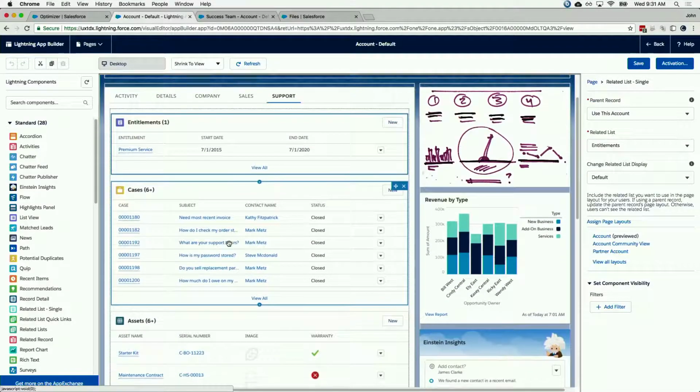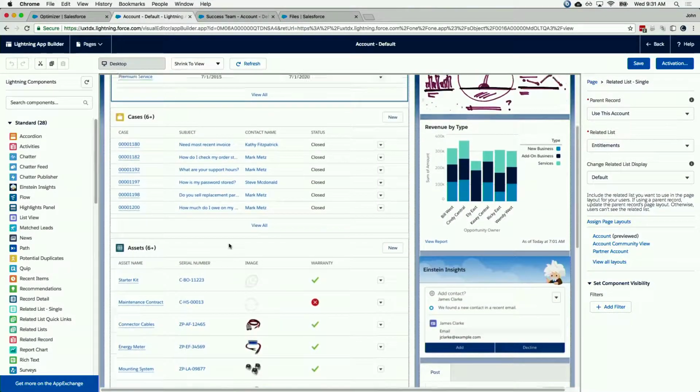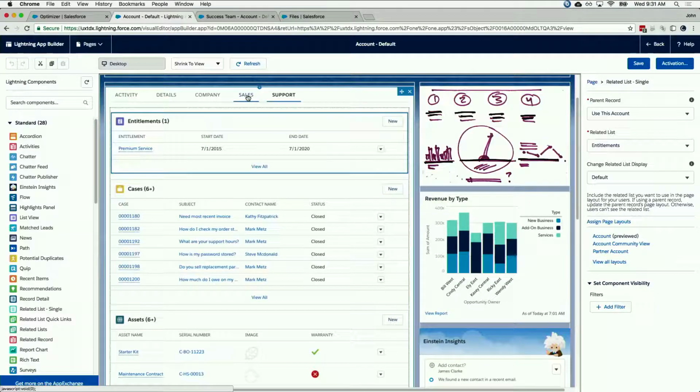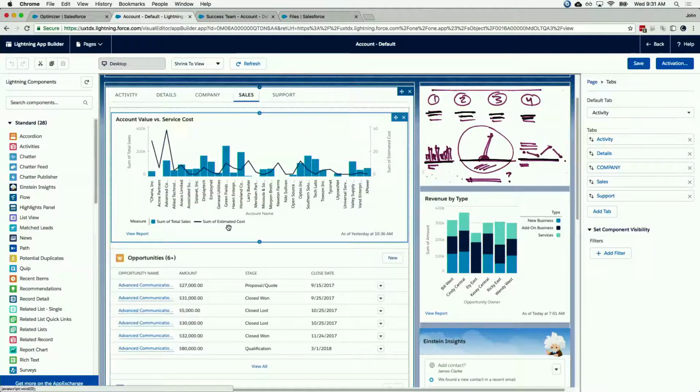And you can also notice that within these custom page tabs, there are also individual related lists here. So you can control the order here. You can also insert other components, like on the sales tab here, we have a report chart we've included. So it's really great to be able to interleave list data and also other custom components and report data that